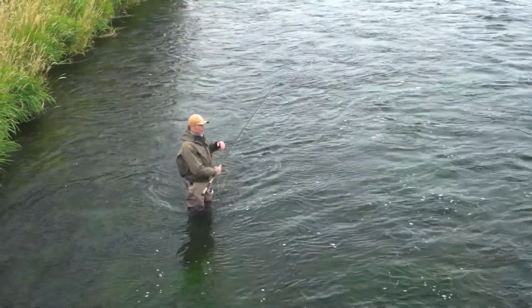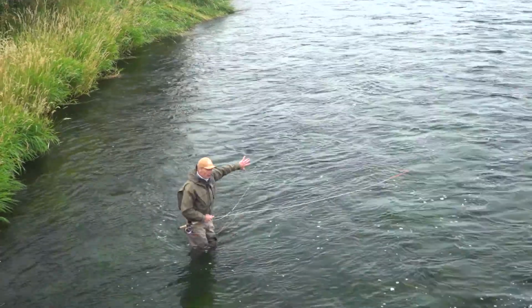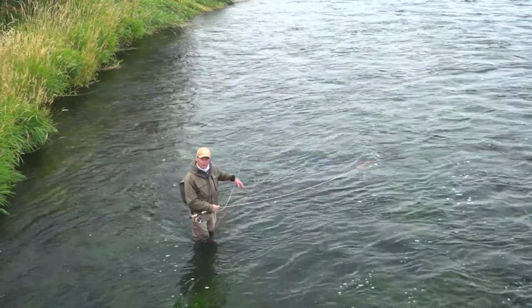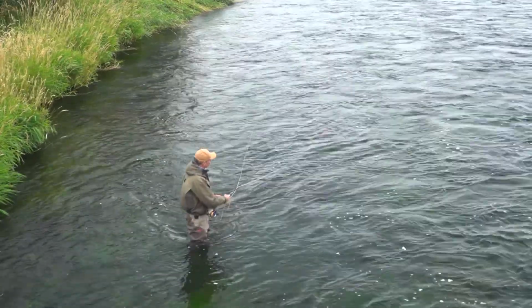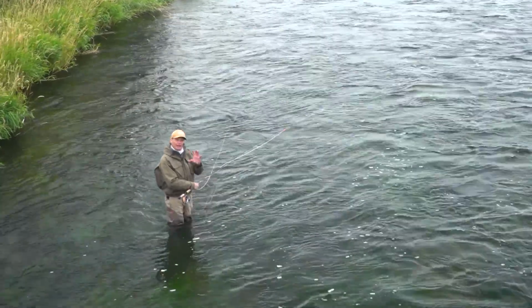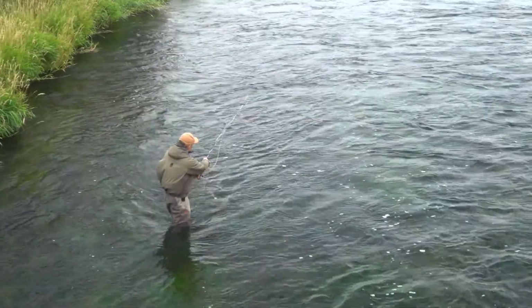The set-up stroke starts when your line has swung around and reached the end of the dangle, where the line doesn't swing any further, and you want to start your cast. And I'm just going to draw a shape for you with my rod. And that shape is a capital letter D. Capital D. So the rod will start pointing downriver,